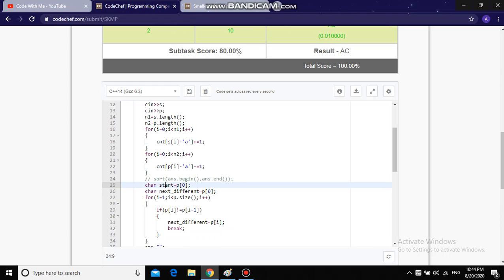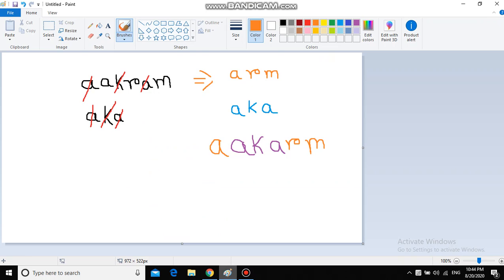If at any position we get any character which is not equal to previous, then we will set it as next different and we will break. For example, if aka is our P, then the start character will be A, and the next different character will be K.